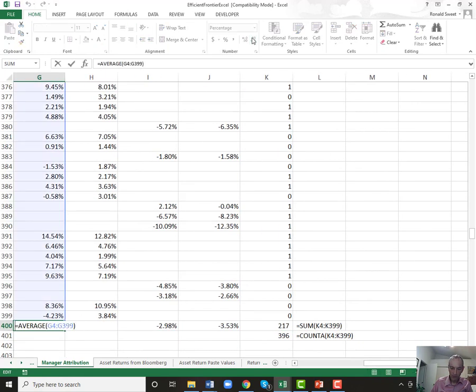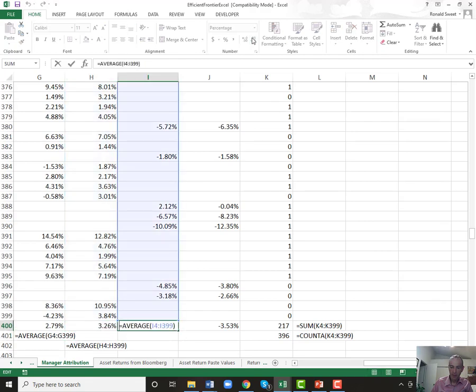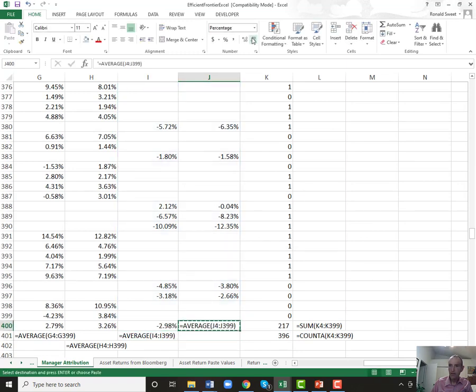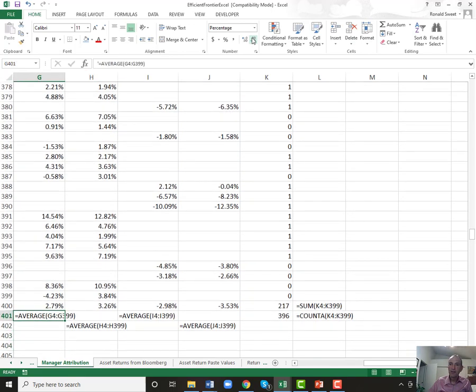We give you all the formulas here so you can see them. These are very, very straightforward. Just taking the average of everything up there. Alright, so we have everything we need. On the upside, downside, you just look at the average of how they did in the up market versus how the S&P did in up markets. How they did in down markets versus what the S&P did in down markets. How many months did they outperform versus total number of months. That gives us the batting average. So we've got everything we need.